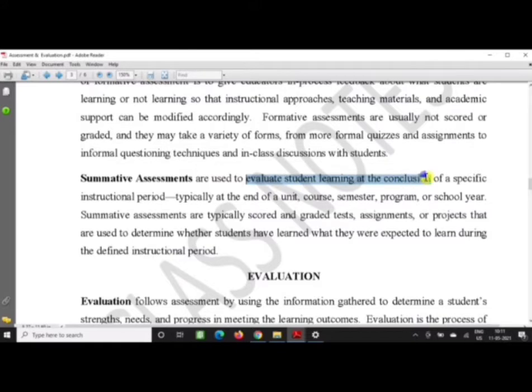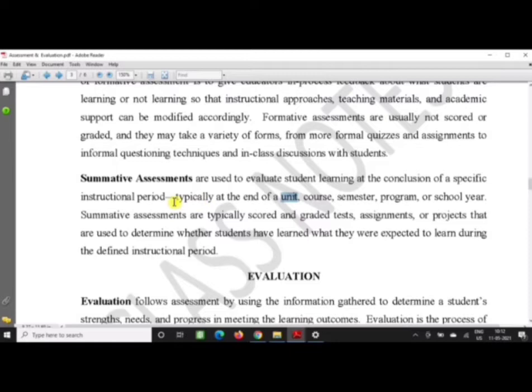All right, so next we have summative assessment. It is used to evaluate students' learning at the conclusion of a specific instructional period. So at the end of the instructional period or the session, this summative assessment is taken, like a unit test after a particular unit is over. In a school, for a unit test there is an exam routine, and all the classes will be having unit tests.